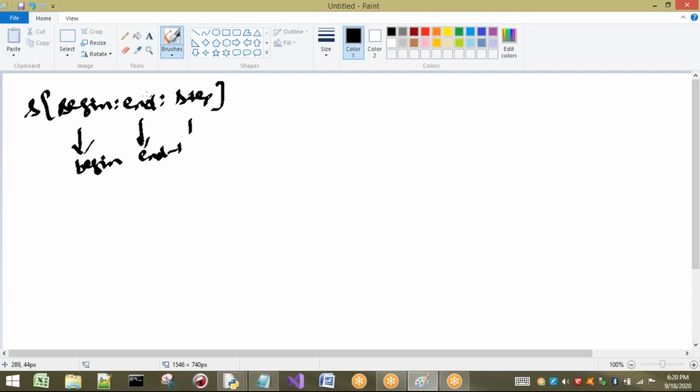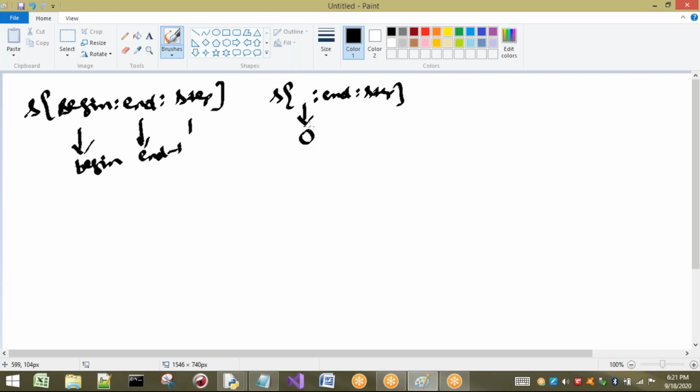We will not go up to n, it will take only up to n minus 1. Now what is the default value of begin? That means if I have written only the end and the step, and not a begin, then what is the value by default?